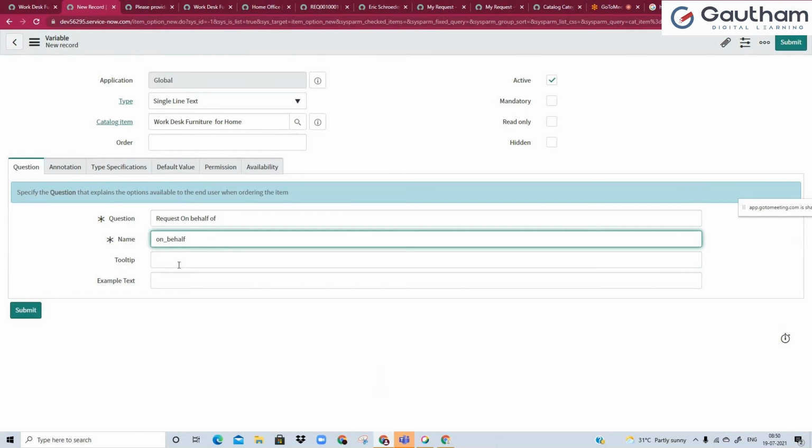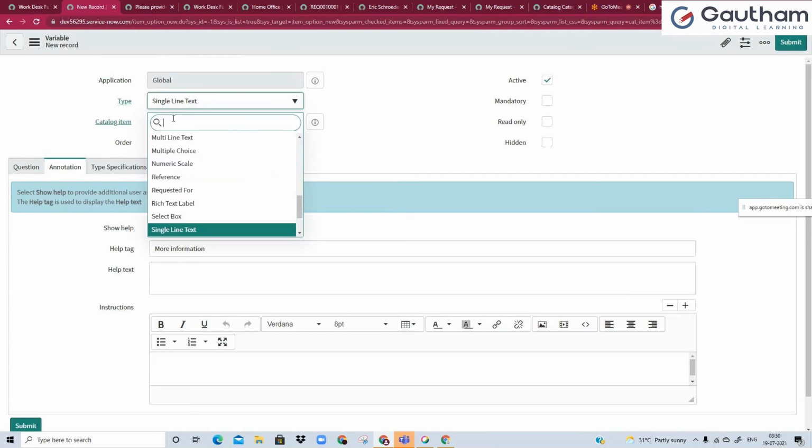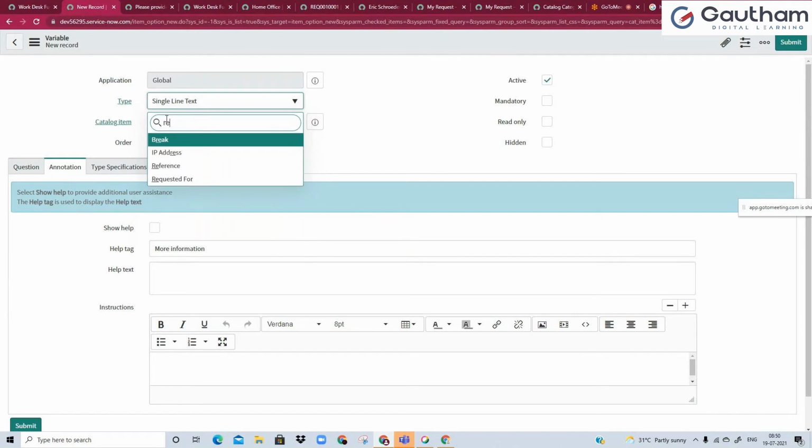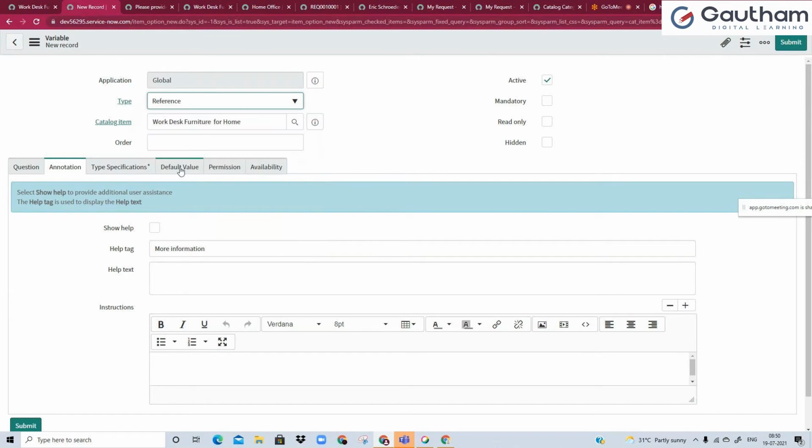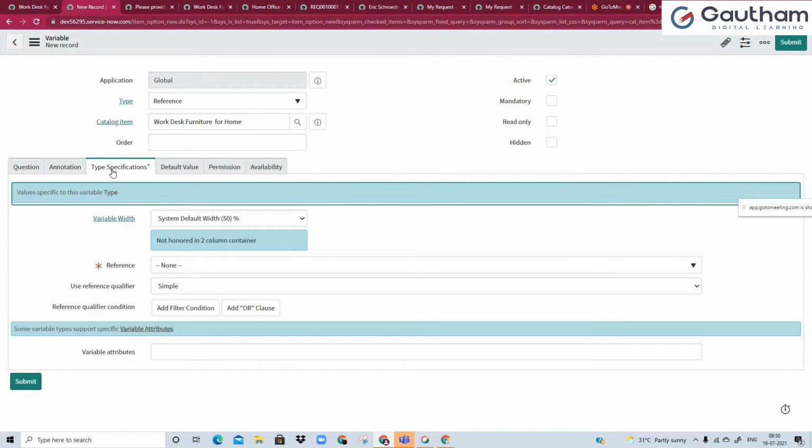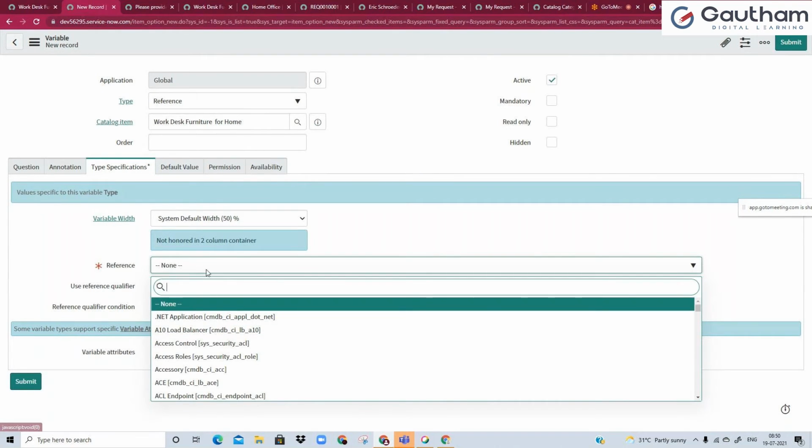I don't like the bigger one. That's the reason. So behalf of means we are going to input a username, right? Username means you have a table called sys_user where all the existing users of the organization's data are filled up. So I'll put this as reference, and type specification becomes mandatory, right? Because which table you are referring to is important. sys_user,